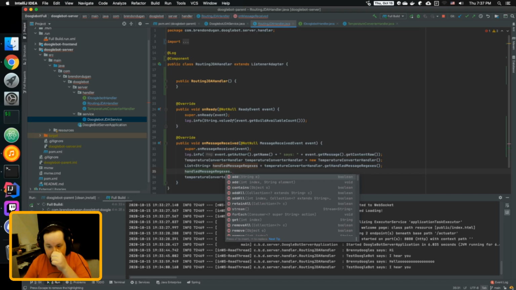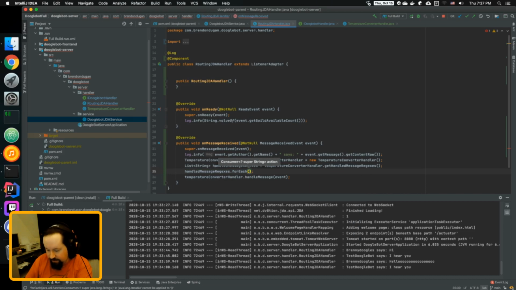All right, so what we're doing now is we're basically taking this list of regex strings, and we want to ensure that before the message is handled by this handler, it's going to be one that matches what the handler has told us it can handle. So we're going to say